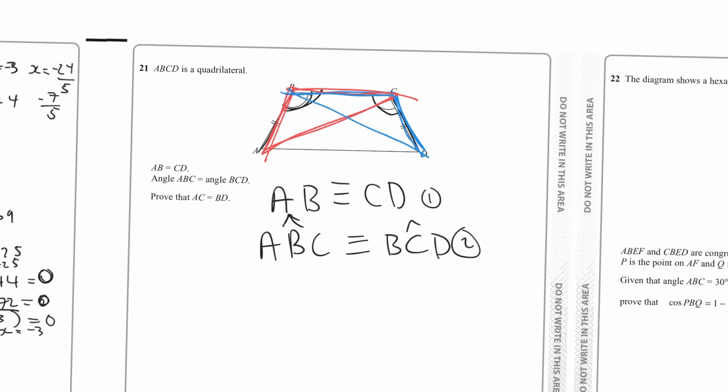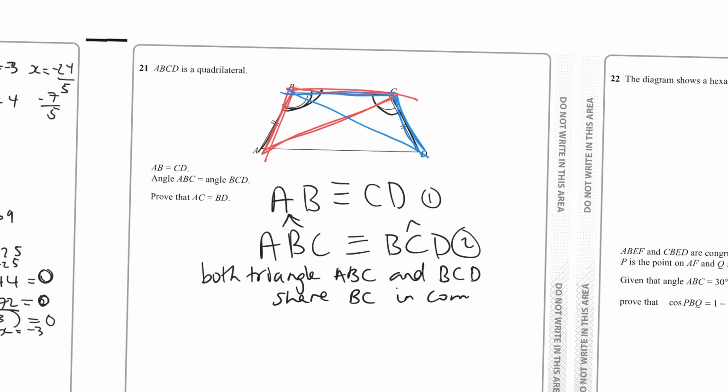Notice how they both share the line BC in common. So I'm going to say both triangles ABC and BCD share BC in common. That is my third mark. And then the last mark, but not least, is basically just concluding. So therefore, you can conclude